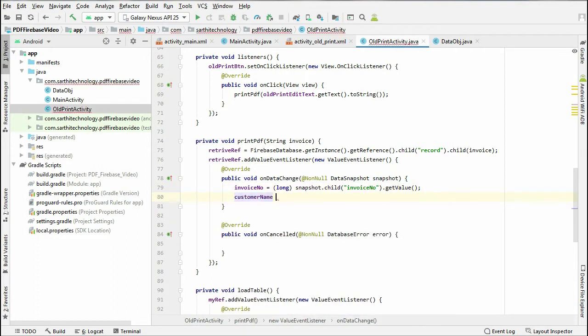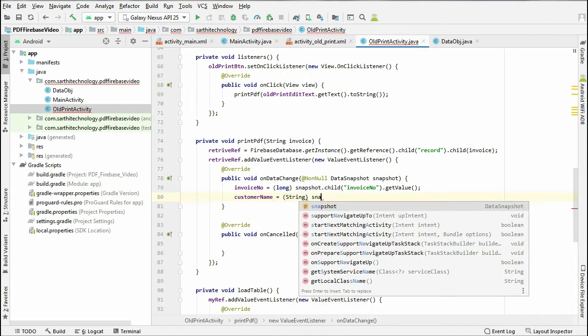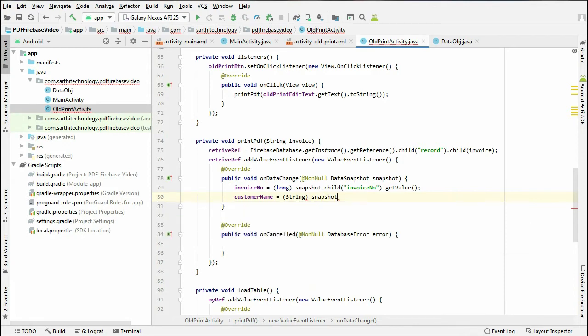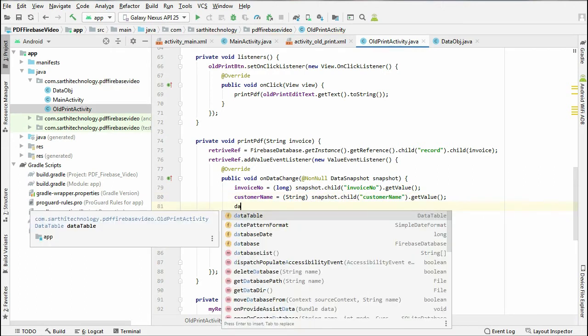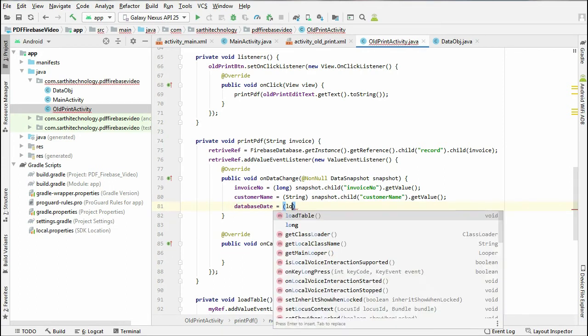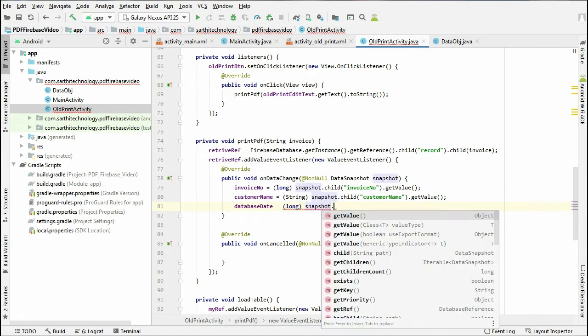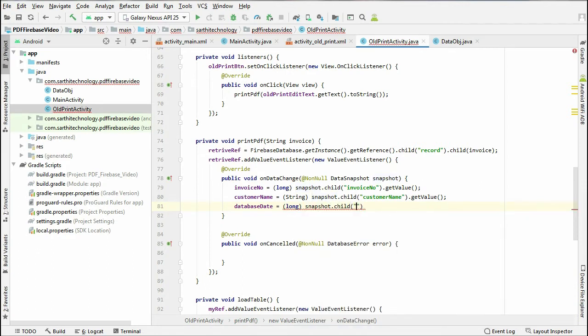Customer name equal to string, snapshot.child, database date, long, snapshot.child.getValue().